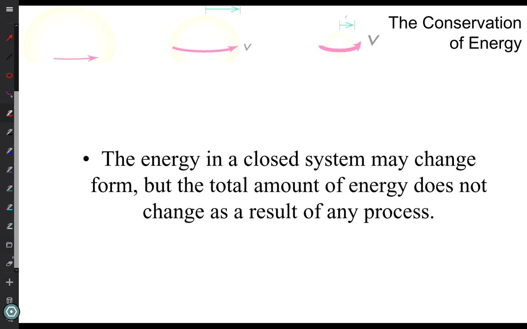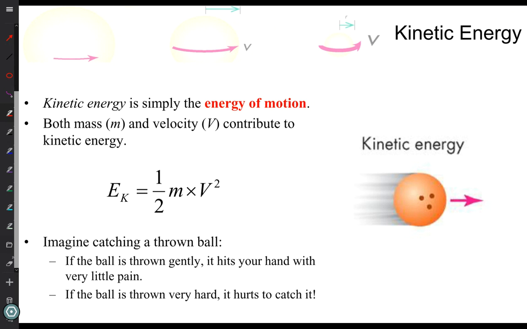Less than 1% of the Earth's total energy budget comes from something other than the sun, and that's radioactive decay. Right, so that's a small portion, but our energy is only transformed from one type of energy to another. It's not created or destroyed. And so that's what conservation of energy means.